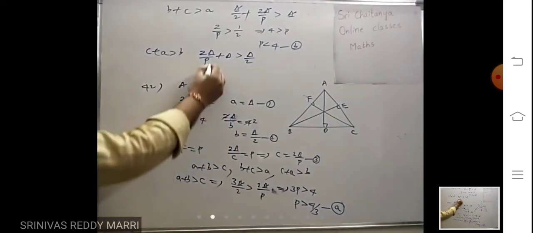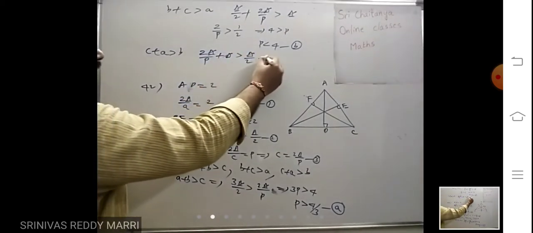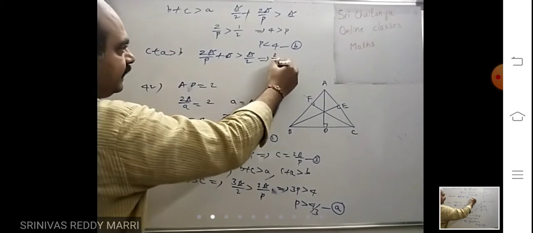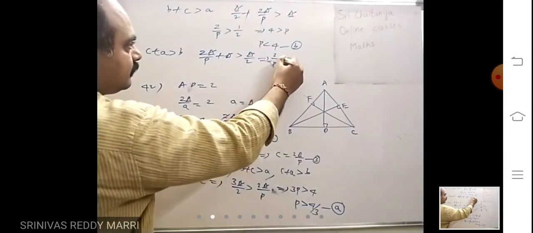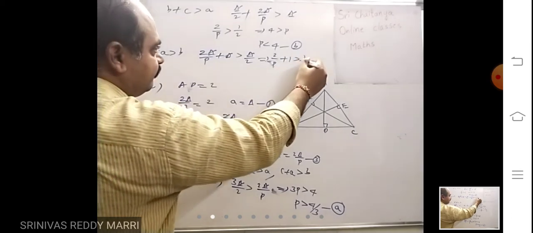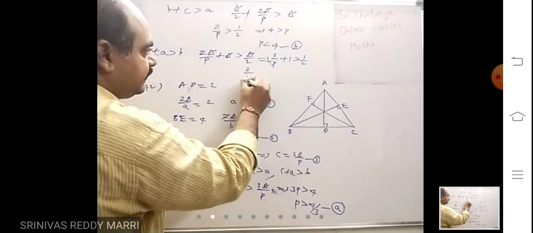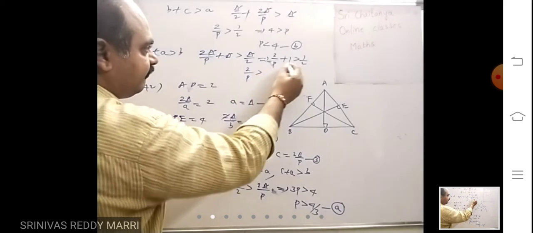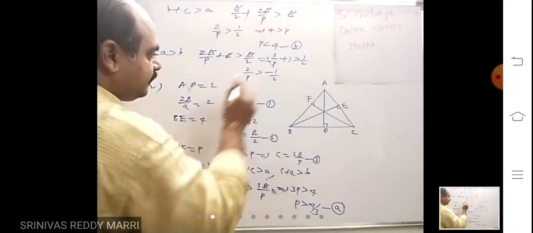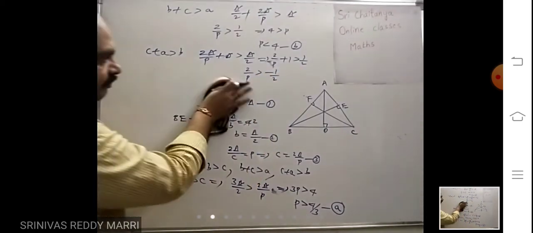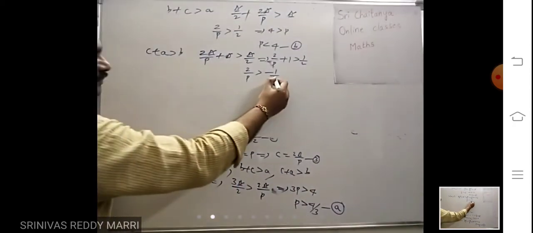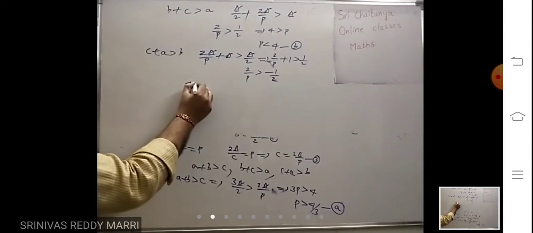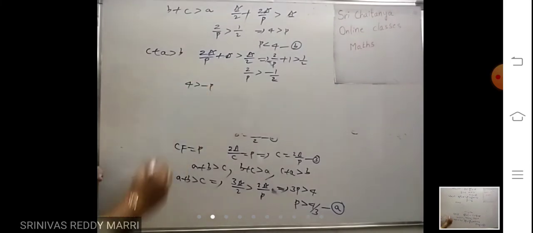Striking off delta, you will get 2 by P plus 1 greater than 1 by 2. So you will get 2 by P greater than 1 by 2 minus 1,